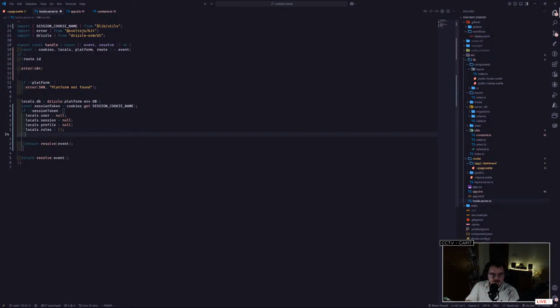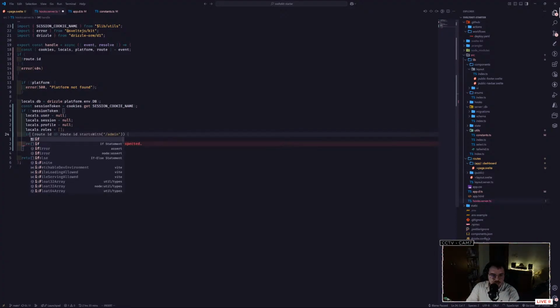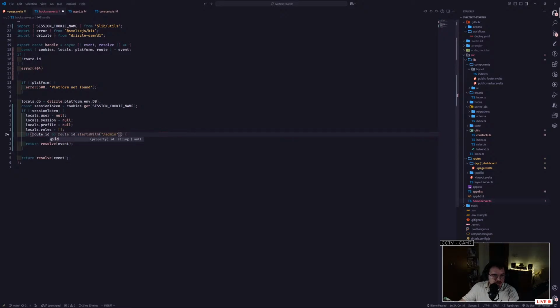So we need to tell it in the code, because here if we check that our route ID, you will see that in here it's typed a string, so not a string or null. And here we need to check if the route includes our app group. We will